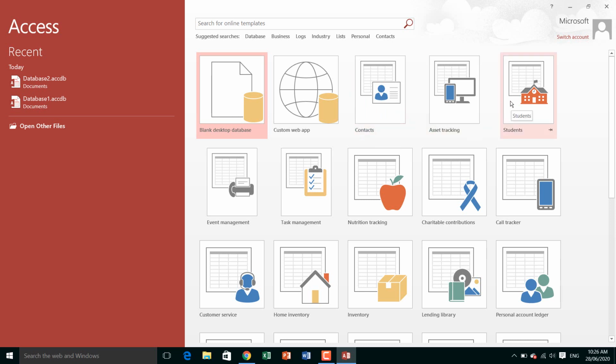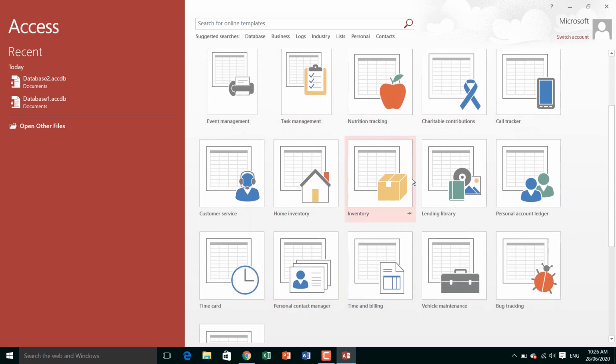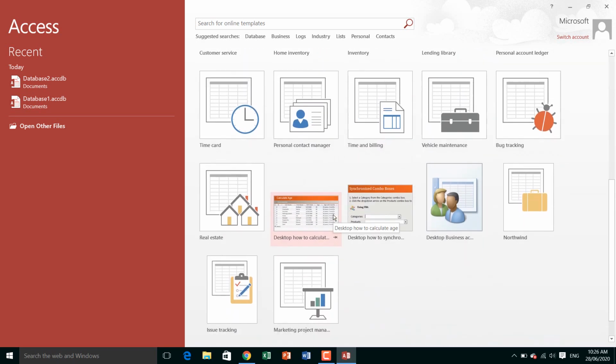If you want student details, you can use the student detail template. There are also call tracker, nutrition tracking, charitable contribution, task management, inventory, lending library, and personal account ledger. All these templates you can use for creating a database. It is a very good facility provided by Microsoft in Access. So there are ready-made templates you can use.